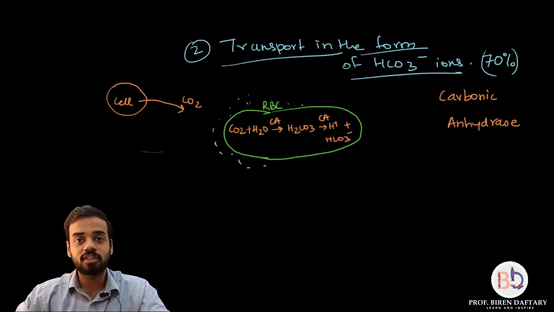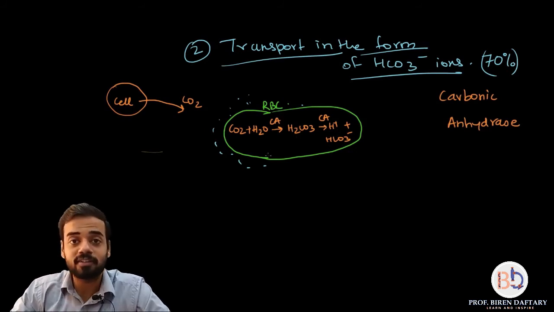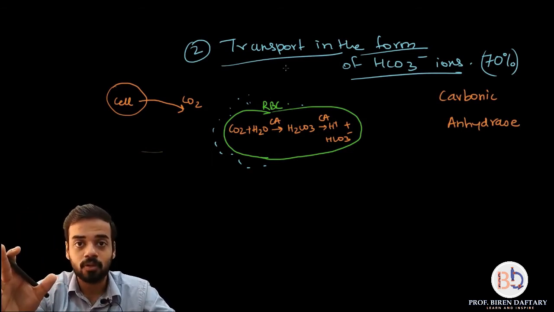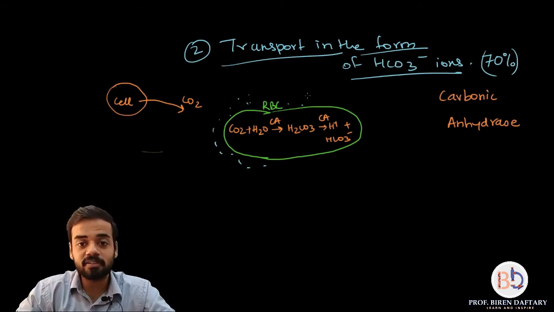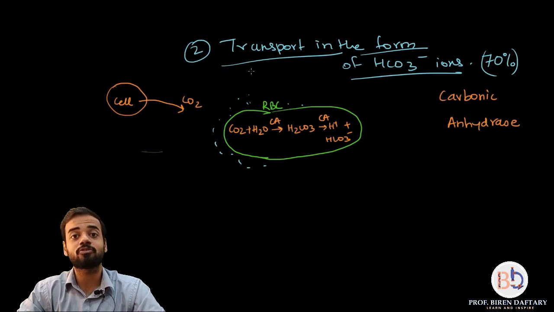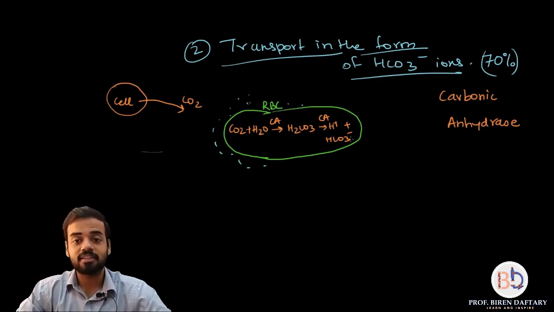Carbonic acid will dissociate into its ion form, but all these reactions will be much faster compared to the reactions occurring in the plasma, which we have already studied. Okay, so 70% of the reactions happen inside the RBC, 7% of those same reactions occur in the plasma. So now this keeps on forming.